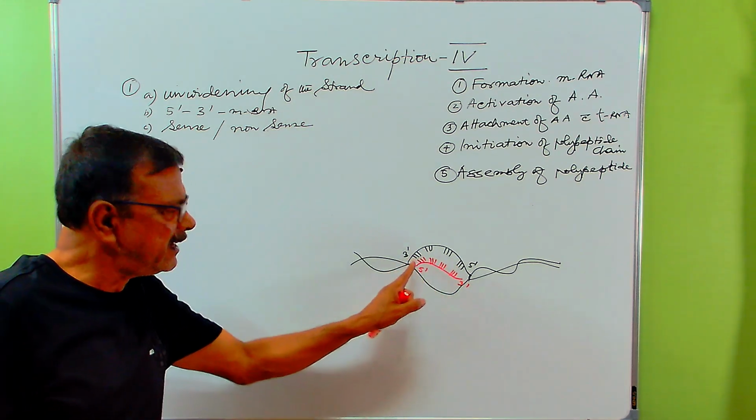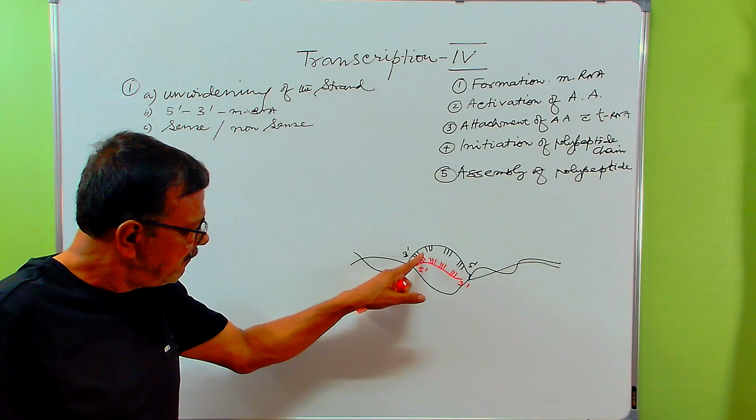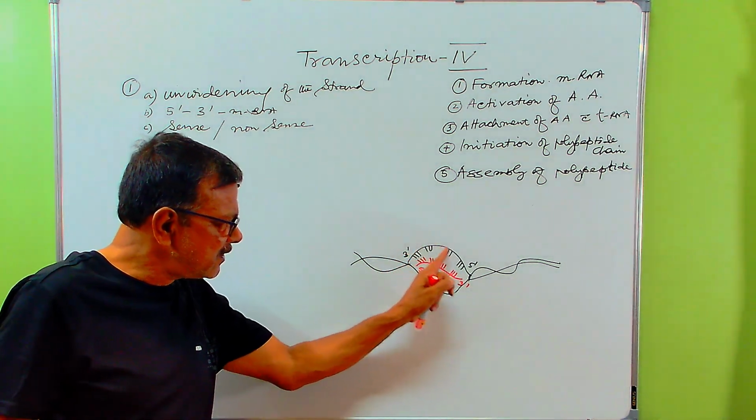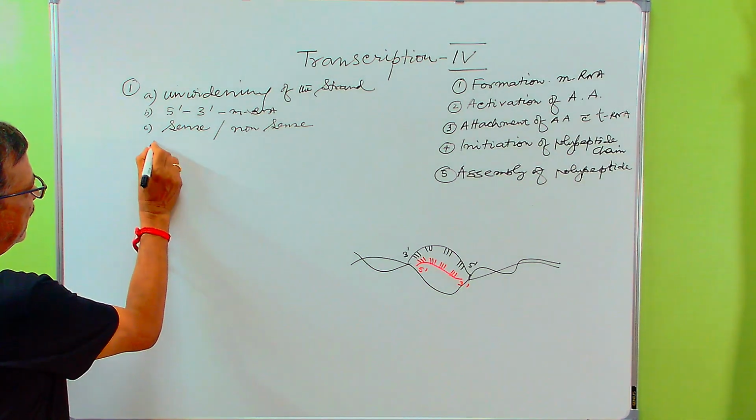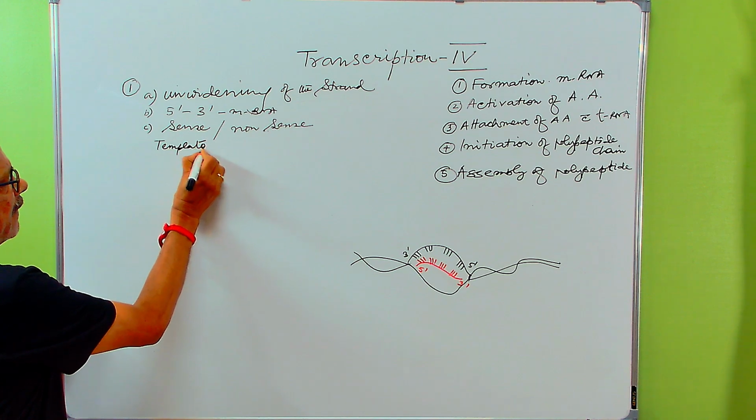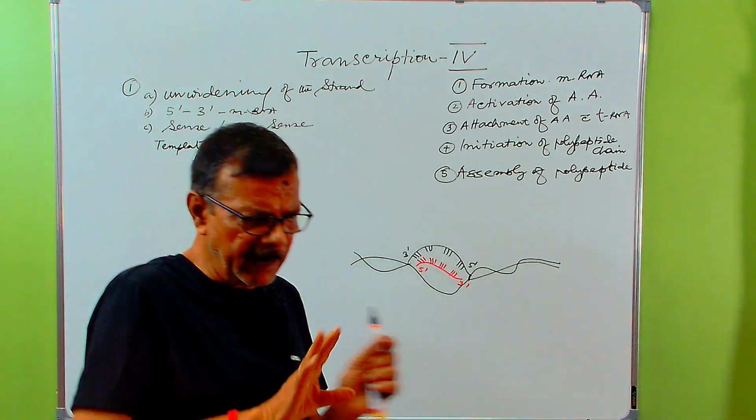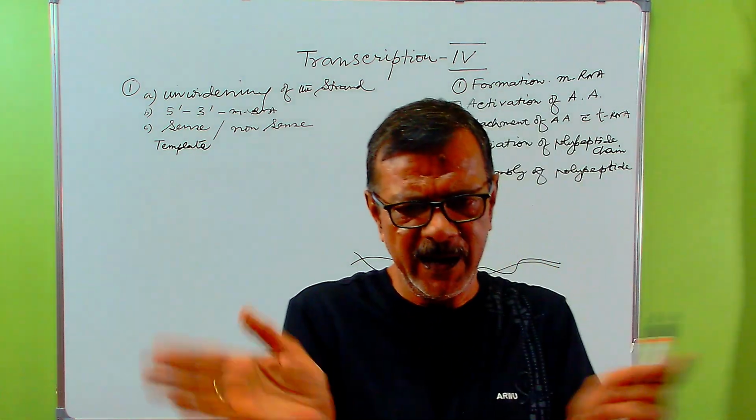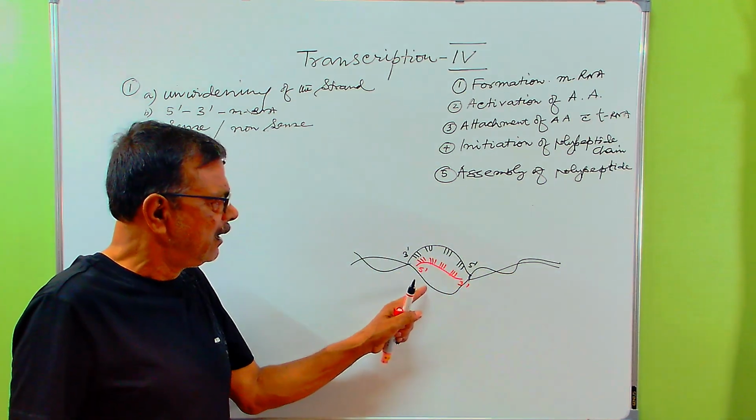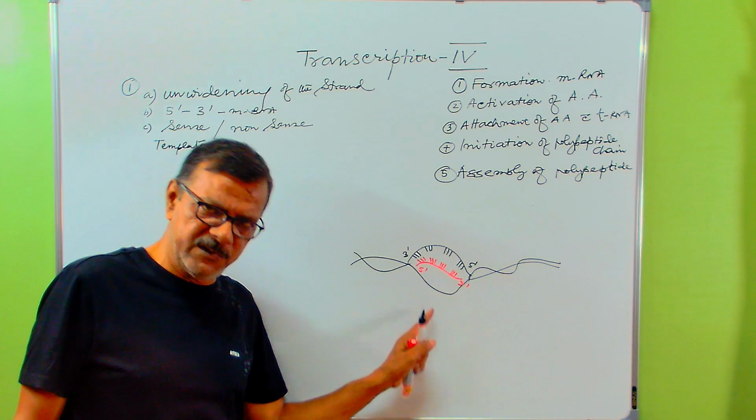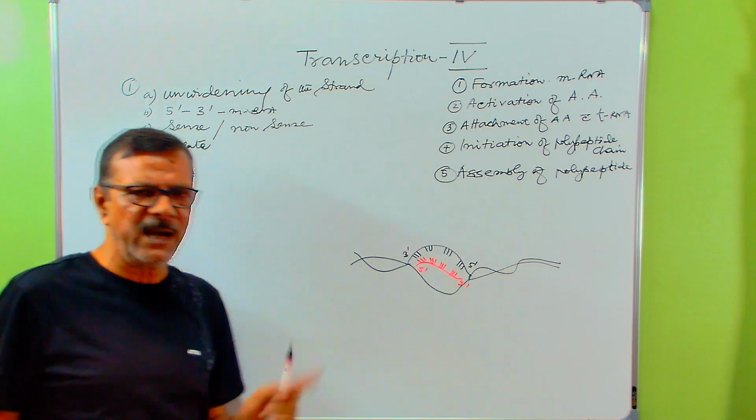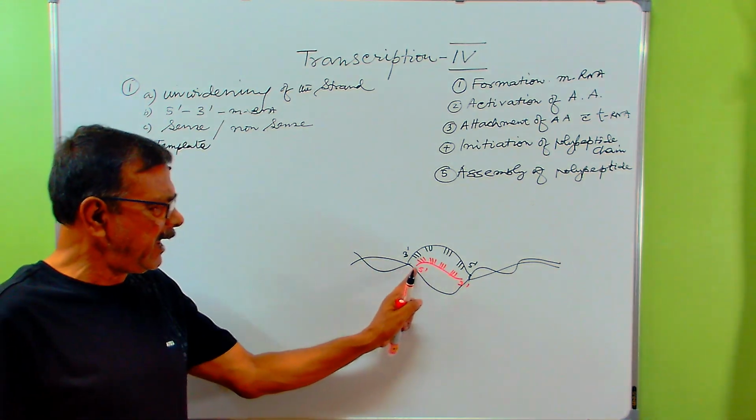This is acting as a template from which the mRNA will be produced. So this strand is known as the template strand. Clear? Don't write anything which may distract our attention. Simply say there is a localized unwinding of the DNA strand. One of the DNA strands acts as a template, called the template strand or antisense strand, and the